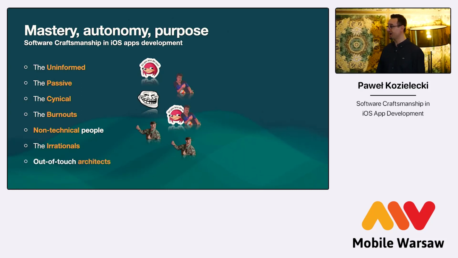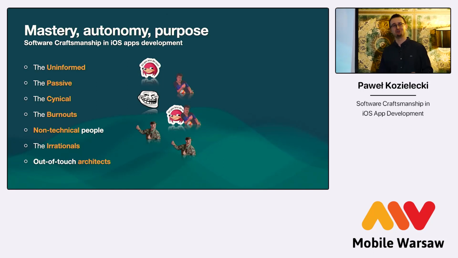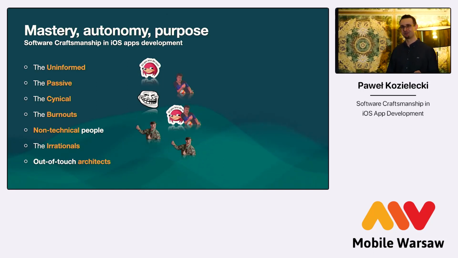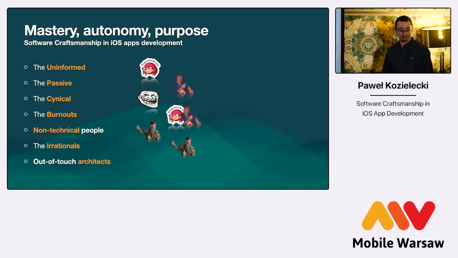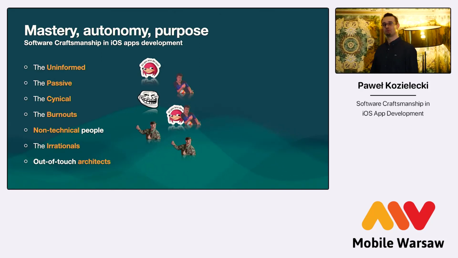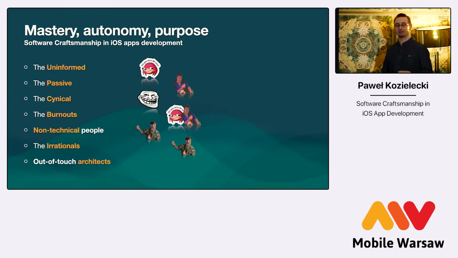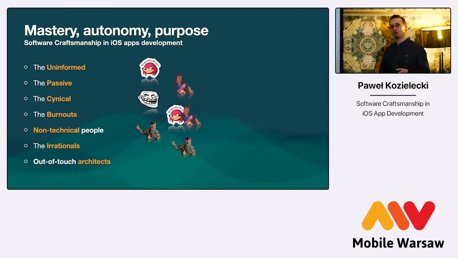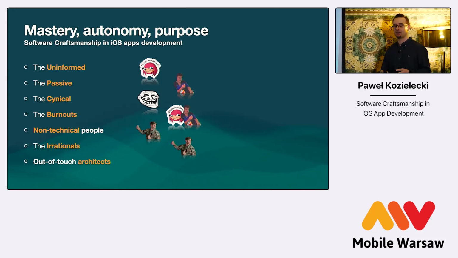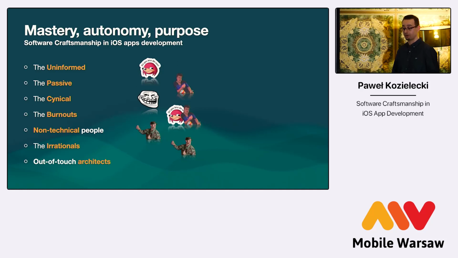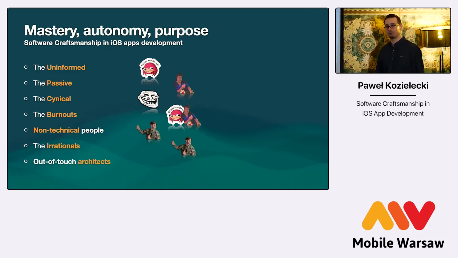And finally, we have out-of-touch architects. Basically, they used to be a plague, like 10 years ago. Fortunately, now it's no longer the case. I hope it's not, anyway. These are people who were promoted to a non-coding position, and still they retained all the options to basically impose different tech stacks or architectures on the development team without coding with them and without taking any actual responsibility for what they're doing, right? You probably know who I'm talking about. One day or another you met people like that.